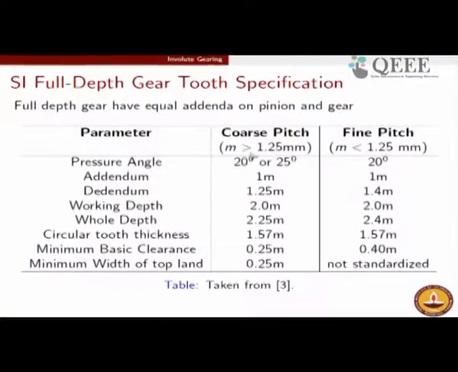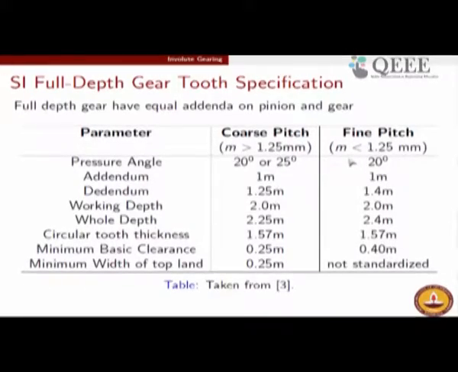The next question is about coarse and fine pitches. When you say a gear is of a fine pitch, by pitch you usually mean circular pitch, it essentially means there are lots of teeth. When it is a coarse pitch, you will mean the module is high, and by fine pitch you will mean the module is low. So, low module gears are those less than, in the SI standards, 1.25